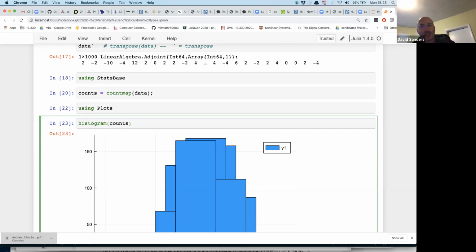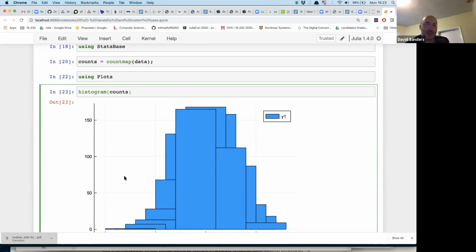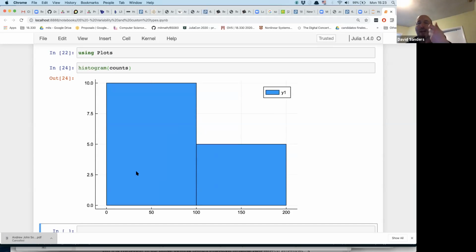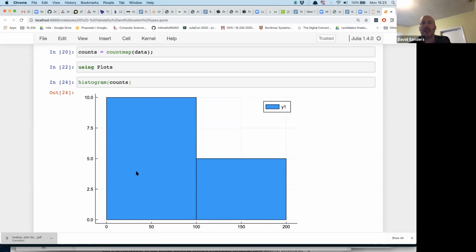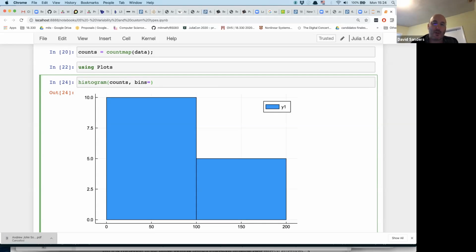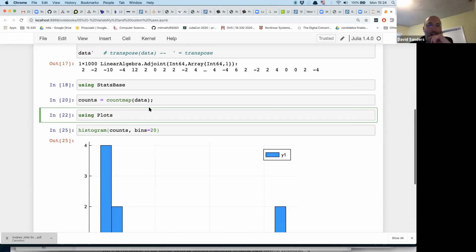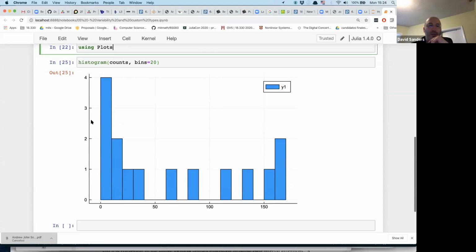Okay, so we haven't talked about histograms because histograms are the equivalent of bar graphs, but for continuous data. So we're not really going to go into continuous data much in this course, at least not yet. So a histogram will make bins, which have a certain width, and it will count the number of data points that fall into each bin. So you see that by default, it chooses a number of bins, and I can force it to use some different number of bins, like this, bins equals 20, and then I have some data, and it's counting the number of times each